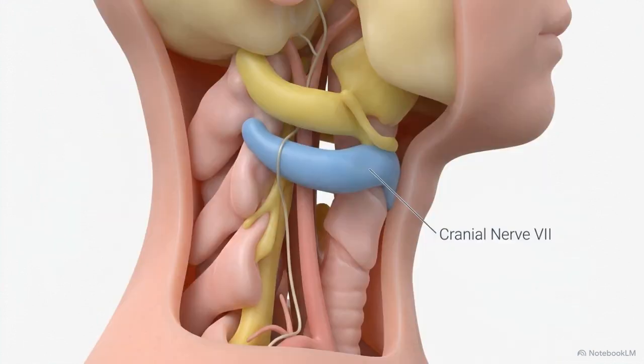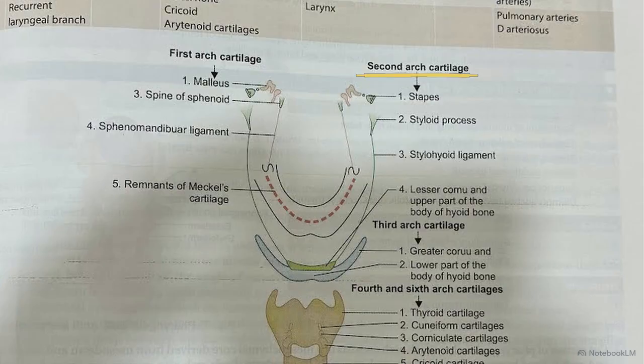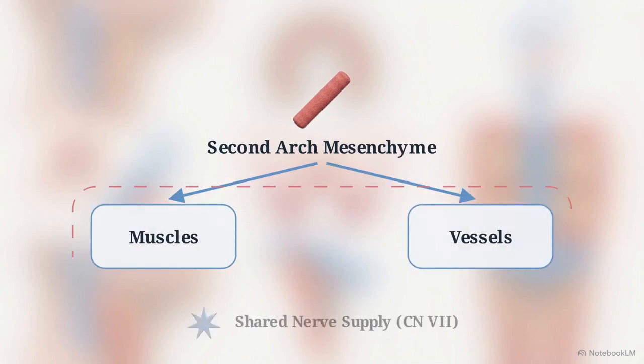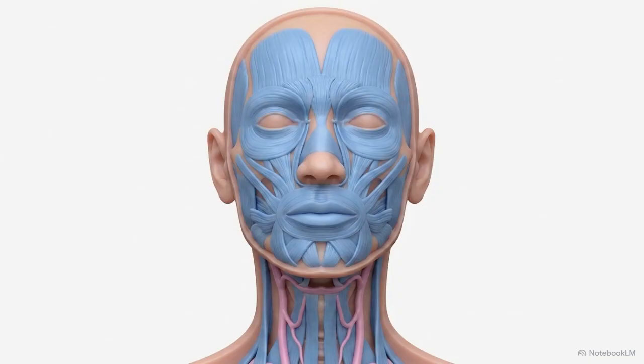Moving further down the apparatus to the second arch, the designated cranial nerve now shifts to the facial nerve, cranial nerve 7. The skeletal derivatives here originate from Reichert's cartilage. They include the stapes of the middle ear, the styloid process, the stylohyoid ligament, and the lesser horn and upper body of the hyoid bone. The muscle and vascular derivatives of the second arch follow a similar logical grouping. They yield the stapedius, the stylohyoid, all muscles of facial expression, the posterior belly of the digastric, and the transitory